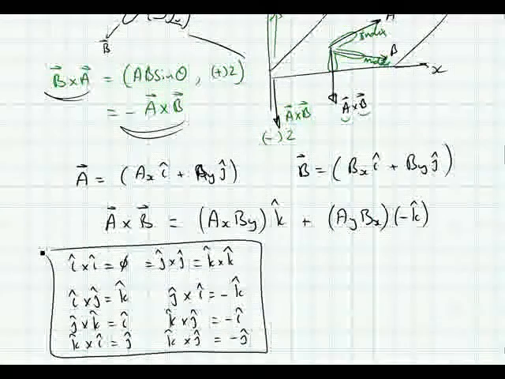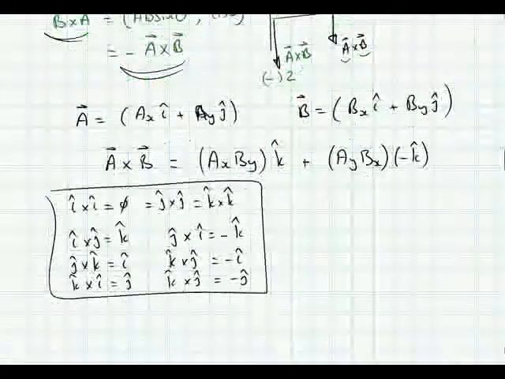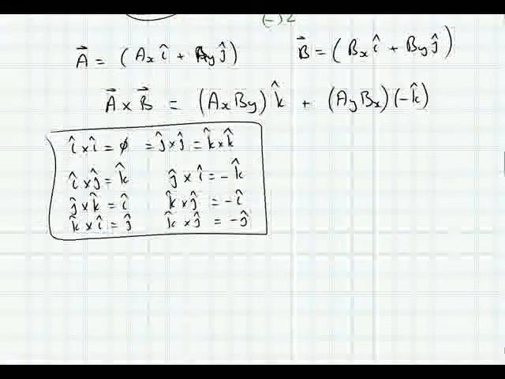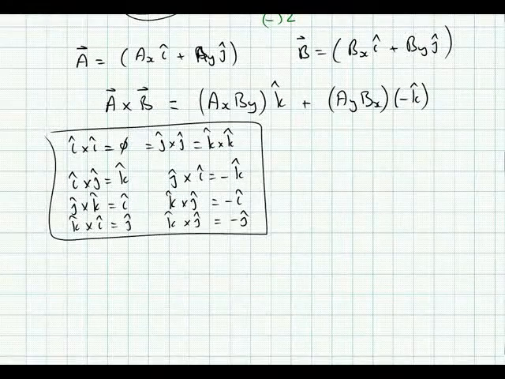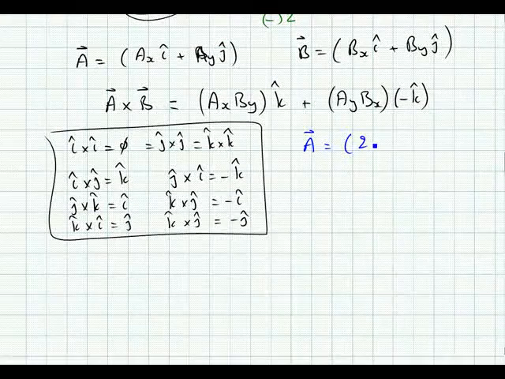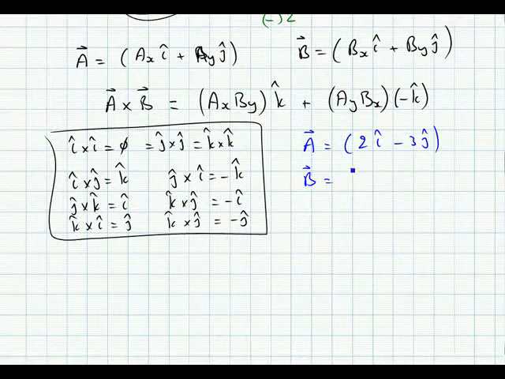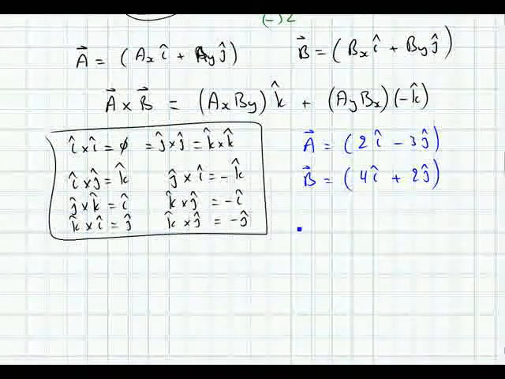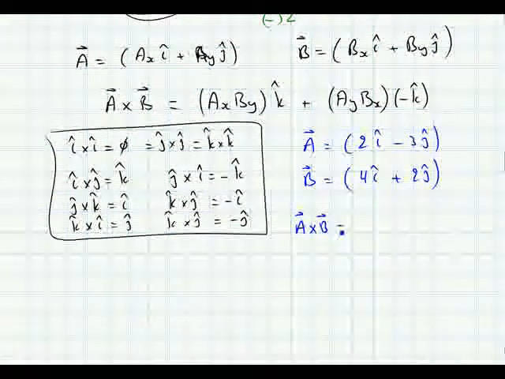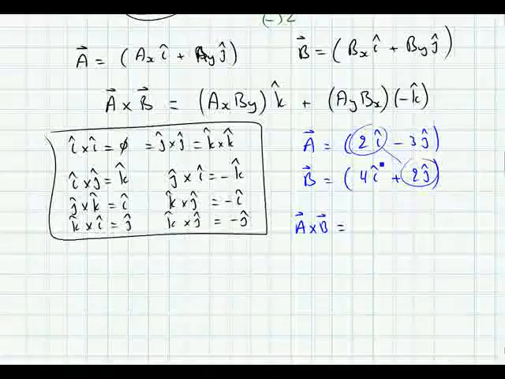So using these rules, you can go ahead and evaluate the vector cross product of any vectors following these identities. For example, if we know A is equal to, I'm just making up numbers, 2i minus 3j, and the B vector is 4i plus 2j, then A cross B is, well, if you consider the i and the j term, so 2